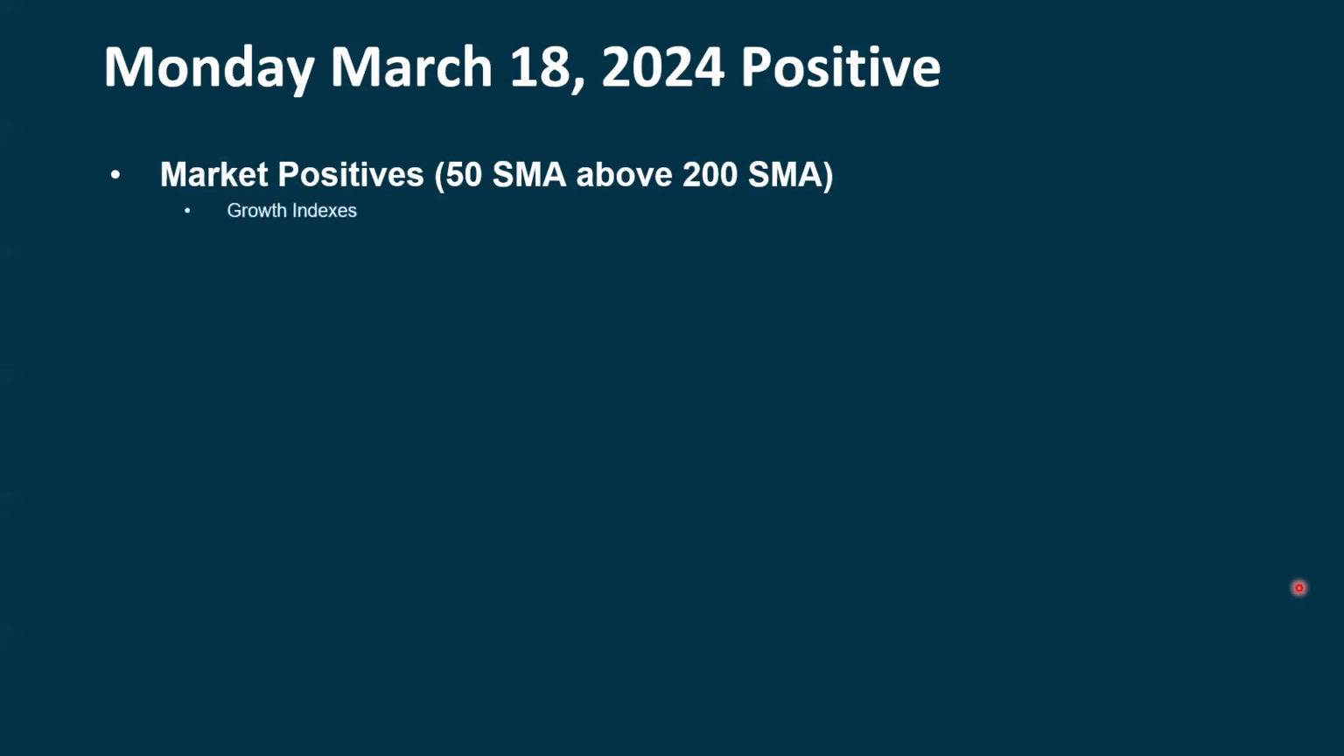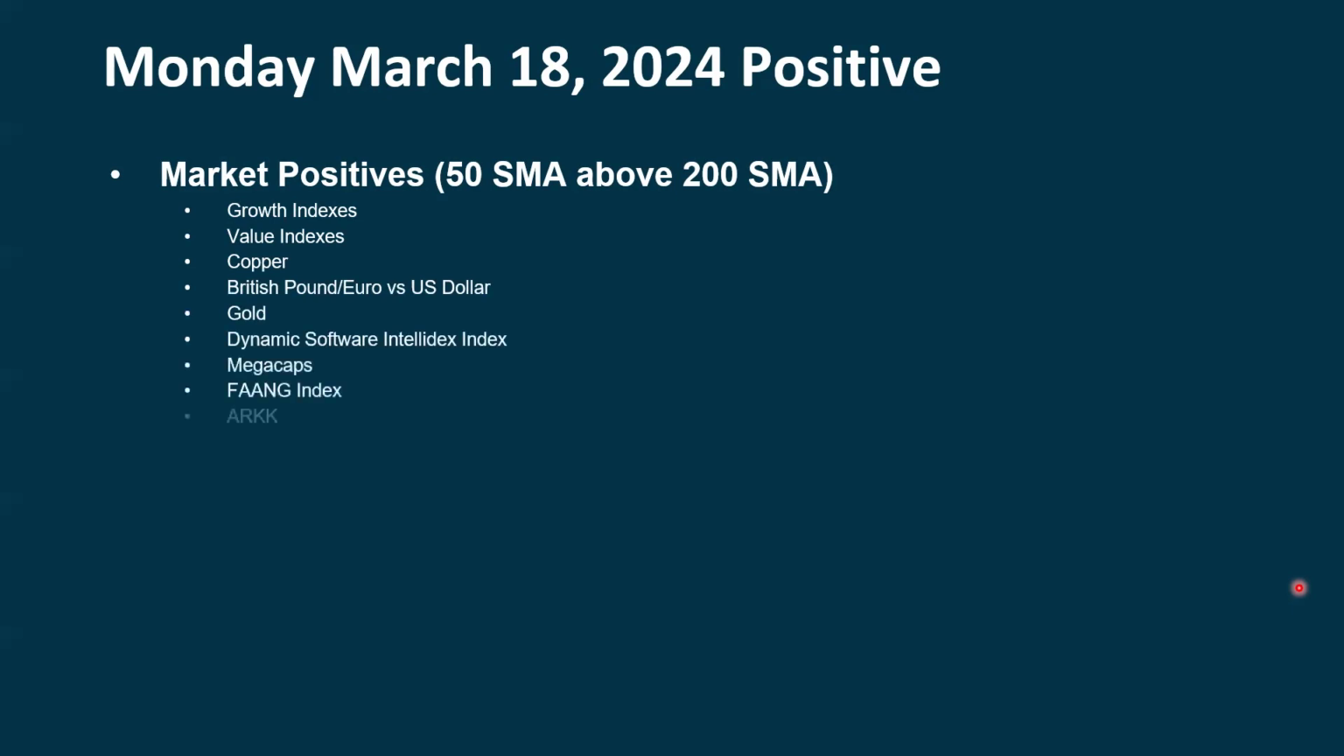Then at the very end, I take all those things that are positive, and my definition of positive is when the 50-period simple moving average is above the 200-day simple moving average. So we have the growth indexes by themselves as well as the value indexes by themselves. And copper is still in an uptrend, the British pound and the euro compared to the dollar, gold, the big software companies, mega caps, the FANG index, ARK, low volatility when you take it by itself, the staples, the Dow